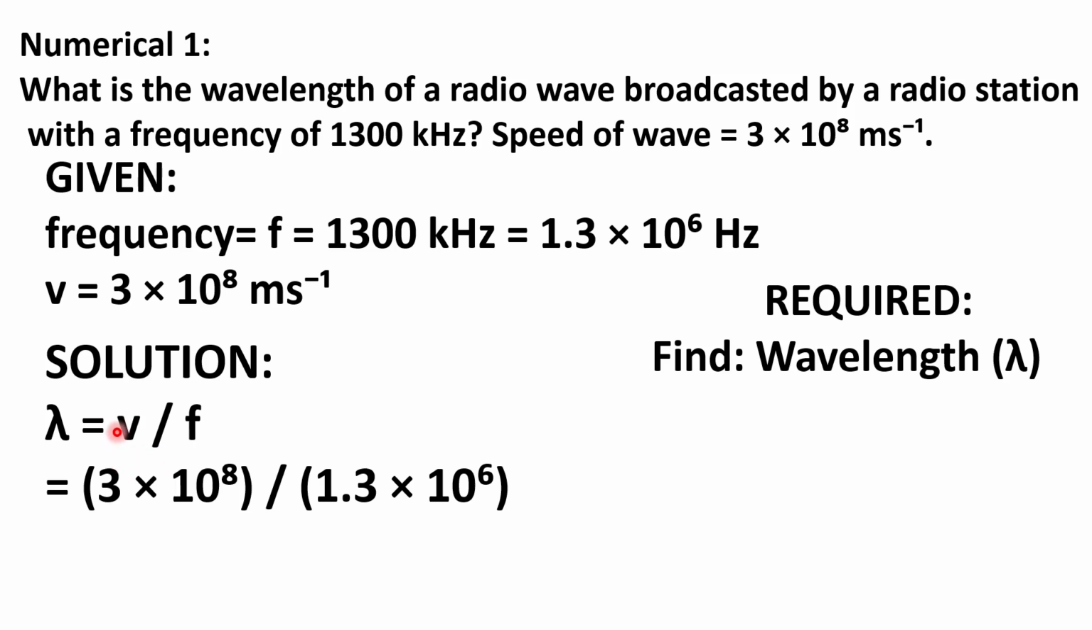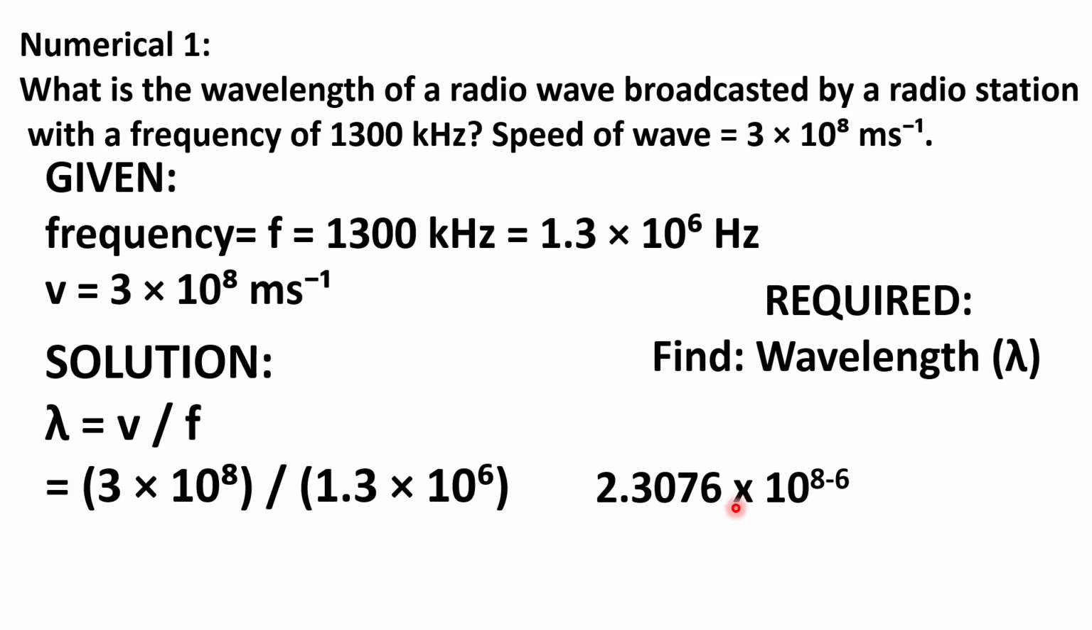So v is given, that is speed is given. Speed is equal to 3 × 10^8 divided by frequency. So frequency is equal to 1.3 × 10^6. So here we will divide this 3 by 1.3. So when we divide 3 by 1.3, it is equal to